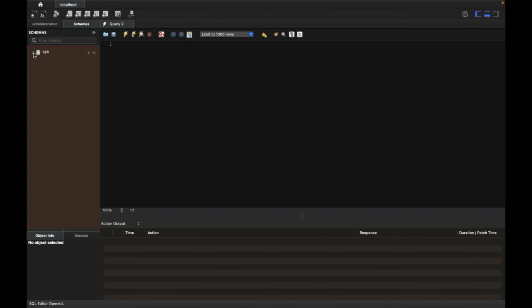So for the basics of that, I'll make a separate video where I'll introduce to you how you can use the workbench for effective